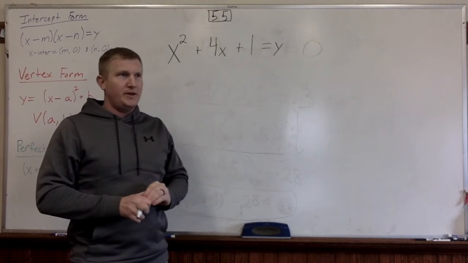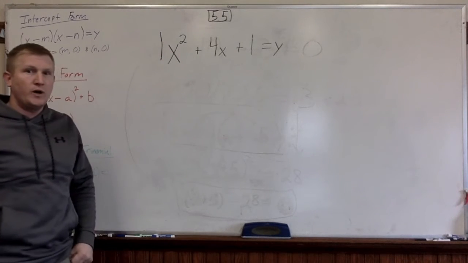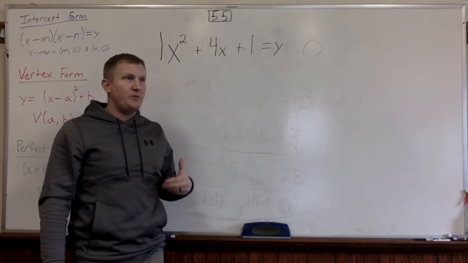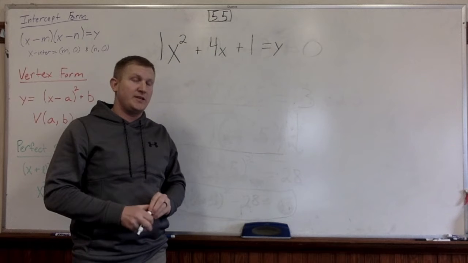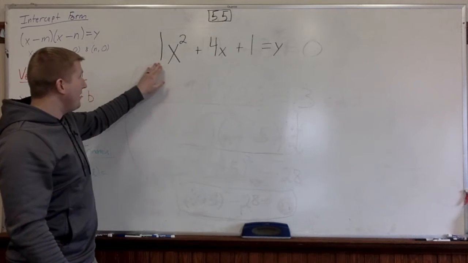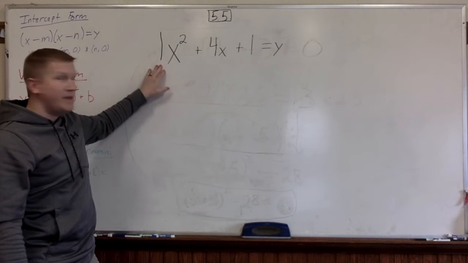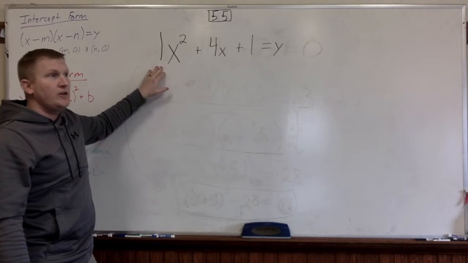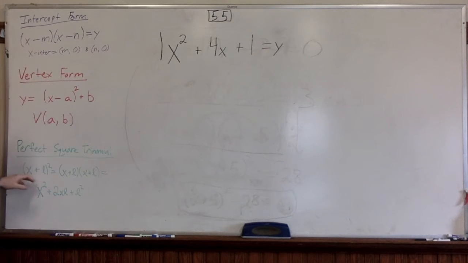Our real step 1 is to ensure that our a is 1. Now this didn't come up in the last example, but it is going to be our real first step going forward. If a, the coefficient in front of the x squared term, is anything other than 1, you need to change that. And the reason being, when we have that perfect square trinomial,